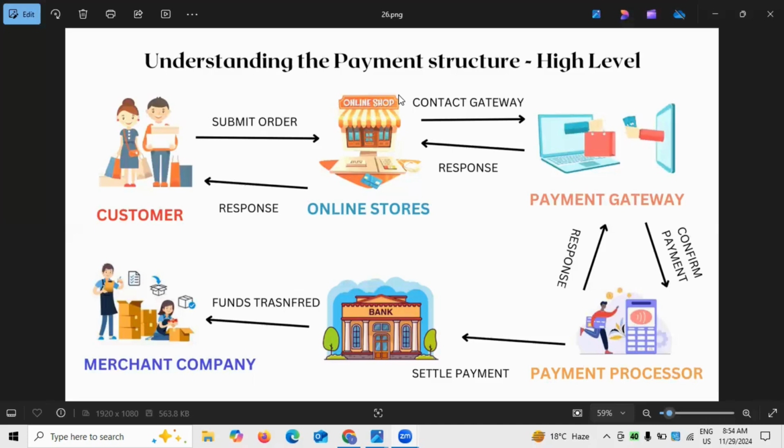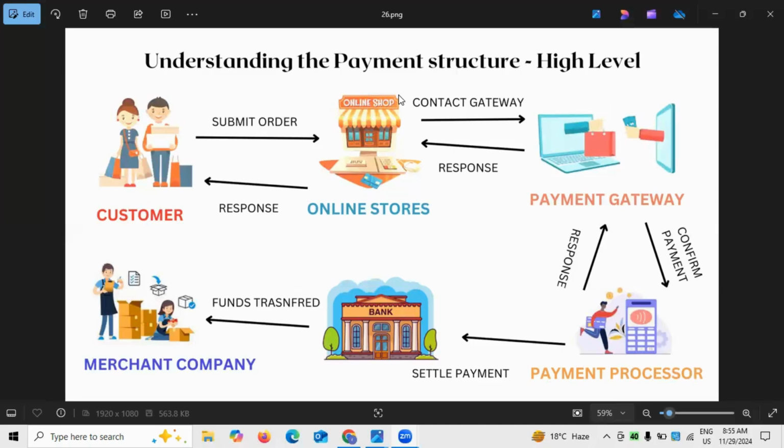Earlier, in the beginning days, somewhere in the mid 90s, late 90s, even the early 2000s, that was the situation. Slowly, debit cards came. What is a debit card? If you have an account, the bank will give you a debit card. Debit card means your money is in your bank, but if you want to do transactions without cash, there is a debit card facility. As long as the cash is available in your account, your debit card will work.